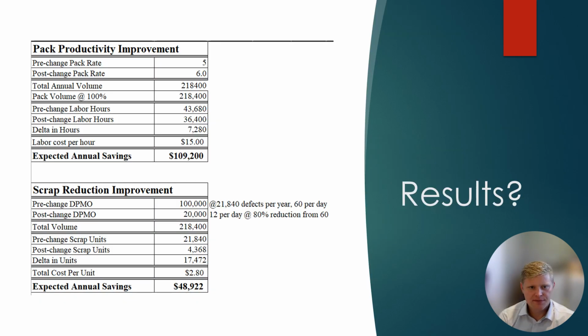So hopefully we've solved 84.8% of our faults, and if our target reduction of 80% is met, then we can expect these savings. Increasing TPH from 5 to 6 will decrease our labor hours needed and help save over $109,000 annually from labor and productivity improvement. Decreasing our DPMO by the targeted 80% will save